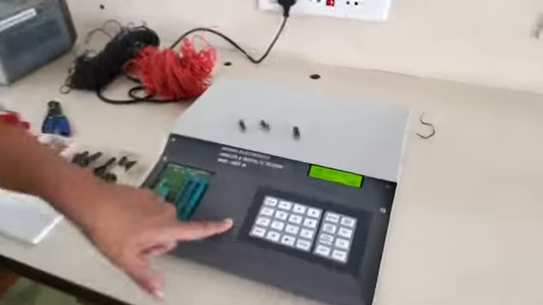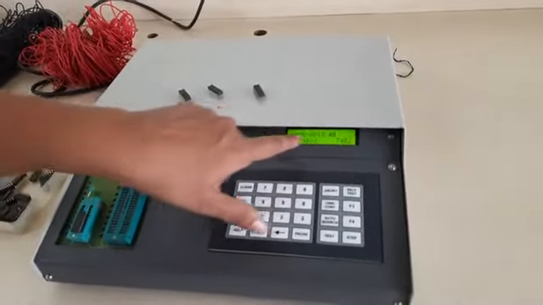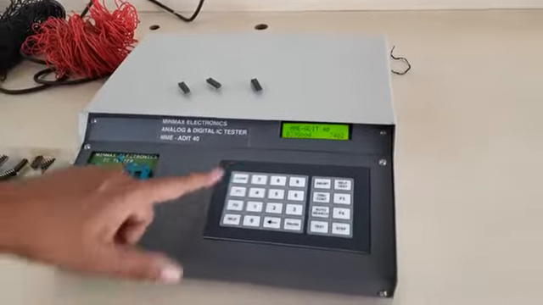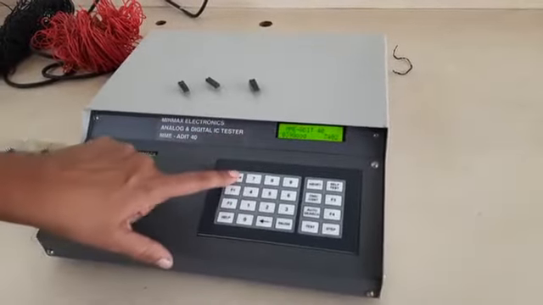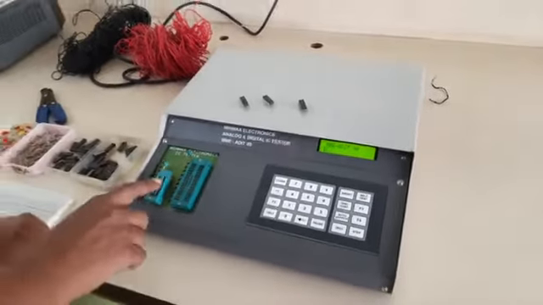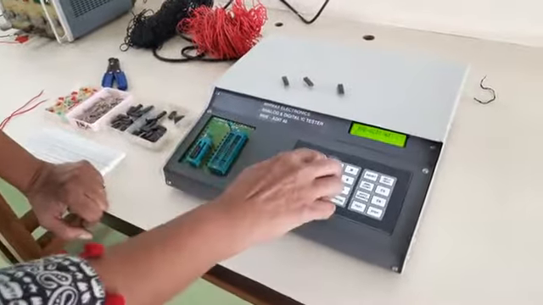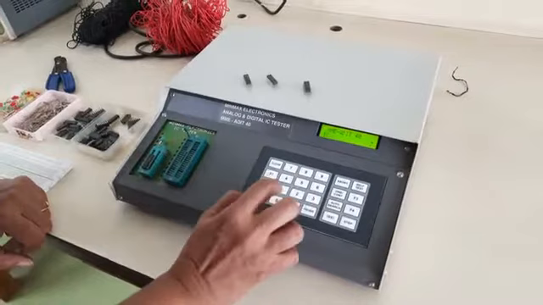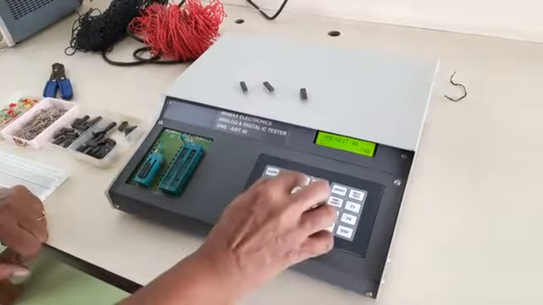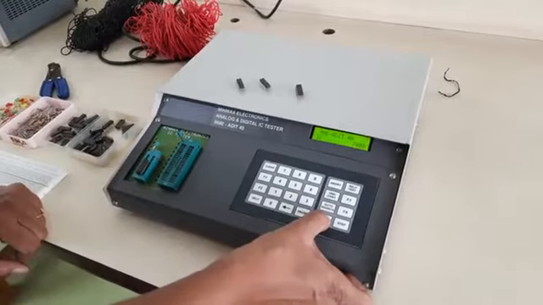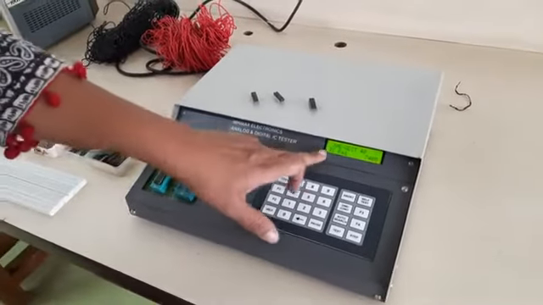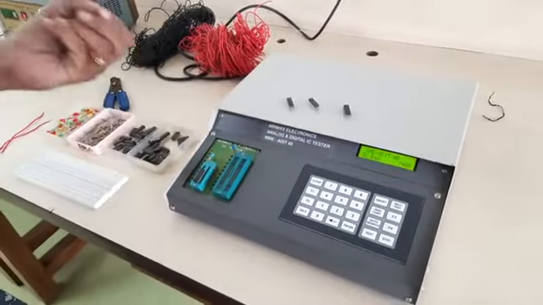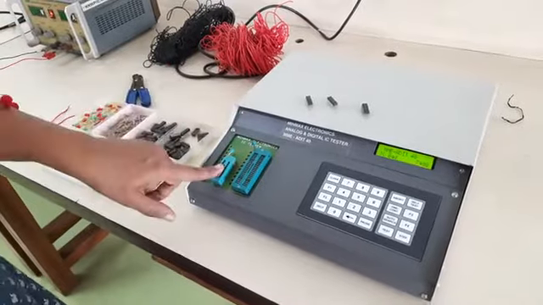Now in this part you can see the screen where the IC condition is shown as well as the keypad. This data is previous, we have to first clear it. Now you can enter the IC number using the keypad, like 7408, and we then press the test button. Okay, it is indicating that the IC is bad. Which IC? 7408, and also a buzzer sounds, indicating the faulty IC.